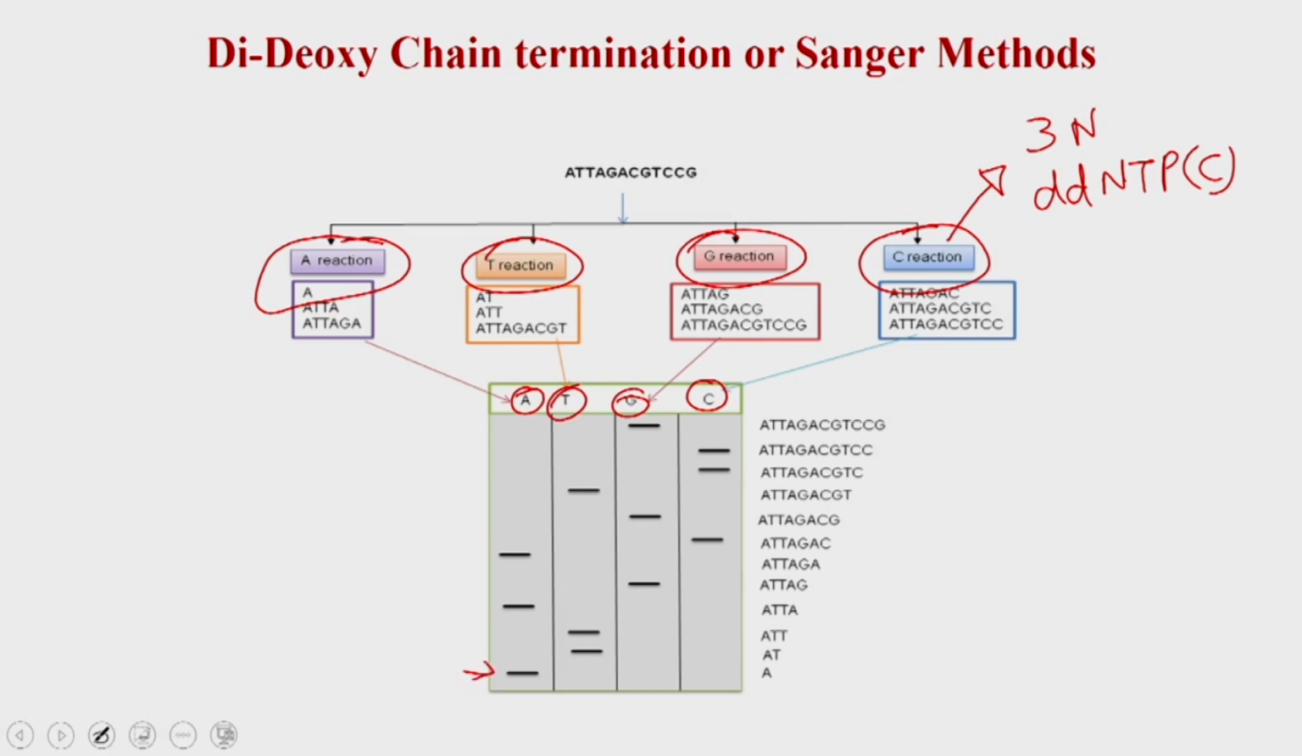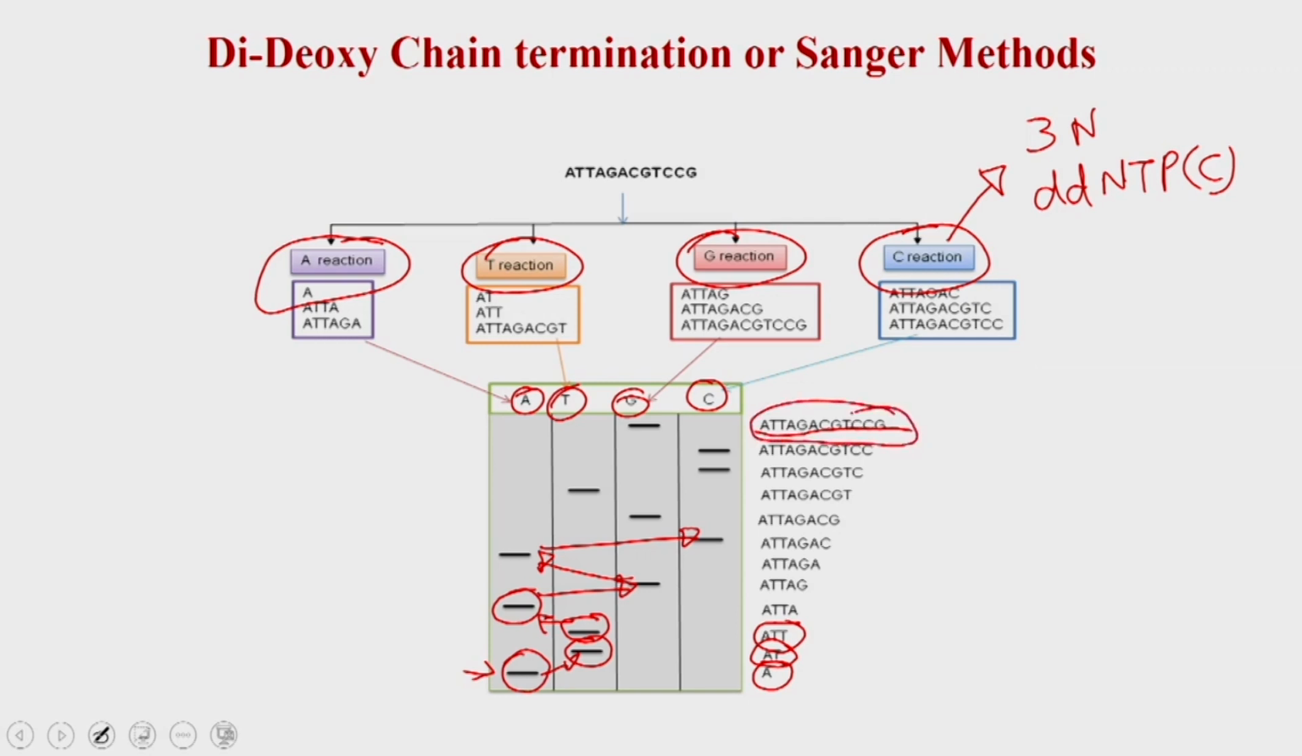In this case the lowermost band is in the A lane, so you are going to write A. Now, the next band is in the T, so you write T. The third band is also in the T, so you will write A T T. The fourth band is again in the A. So, you are going in the reverse direction like this. You keep moving, and ultimately it will tell you the sequence of